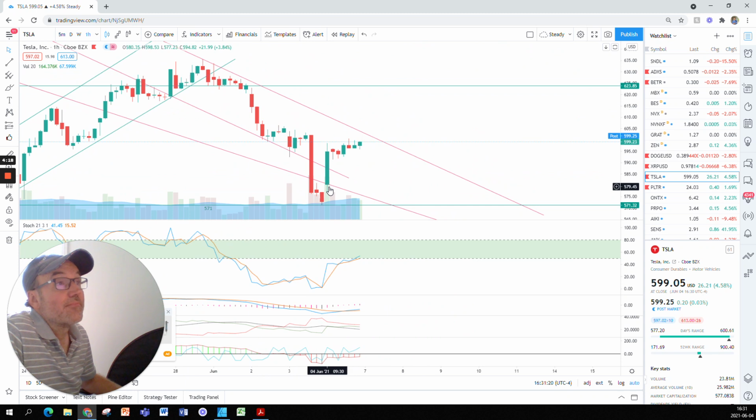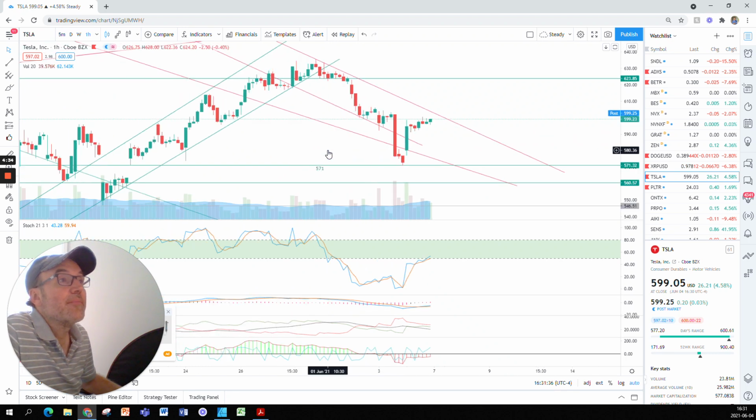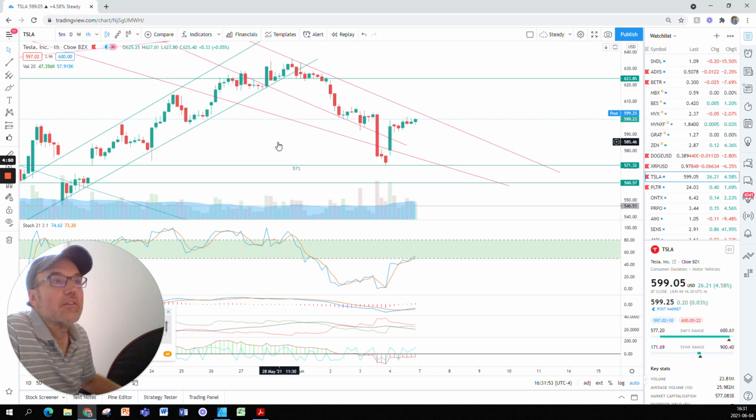So today the stock went back up almost 30 points. It went back up like this, and during the first hour was the recovery, let's say, and then there's this small support, small resistance at 599. So 599, if you look here, June 2nd, 12:30, we have this